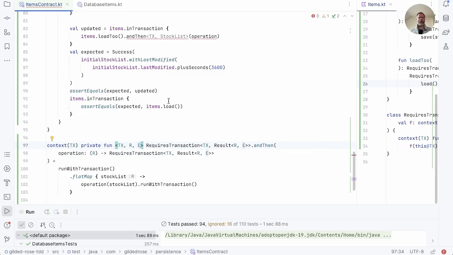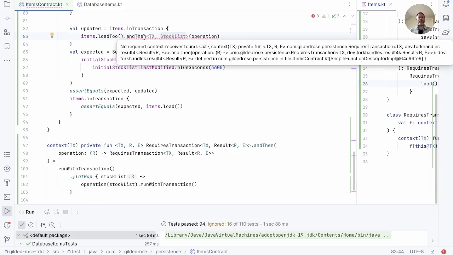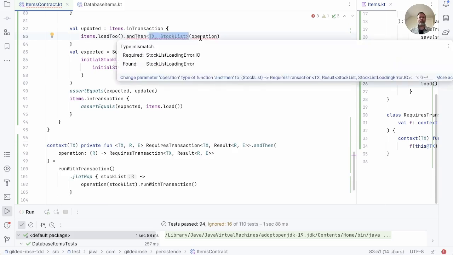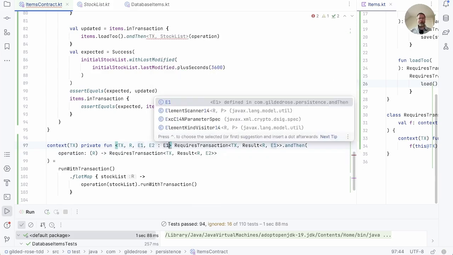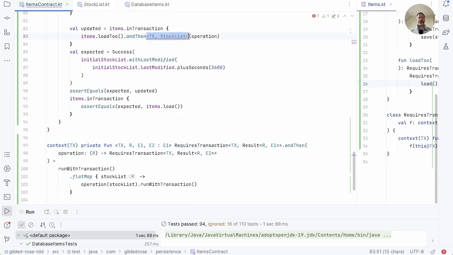But you see, we do have a problem up here with our types. That's because we have two different error types: stock list loading error IO, the specific one, and stock list loading error, the more general one. We can fix that by introducing two error types here. We'll rename this one to be E1, and we'll say the second operation here can return an E2, providing that E2 is a subtype of E1. That should allow us to delete this and compile